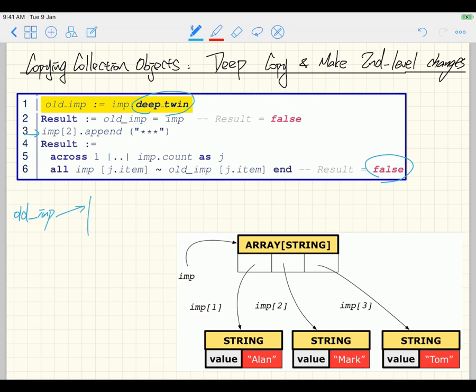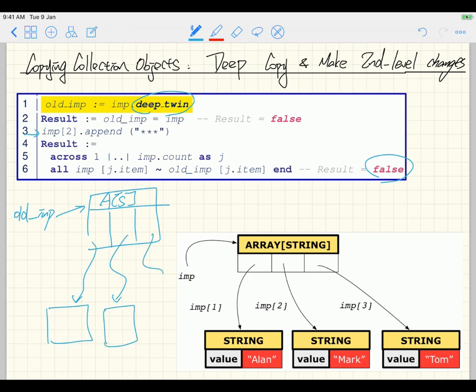pointing to a new array of string. And then I'm just pointing to individual strings over here, okay? Completely independent object structure. I have Alan over here, I have Mark over here, and I have Tom over here. Okay, that's deep copy. Now, if I try to do this particular line number 3, now, which string object am